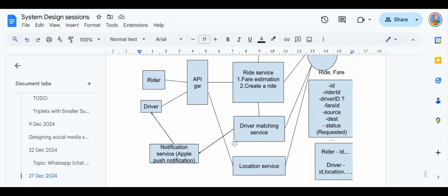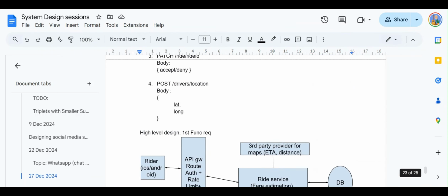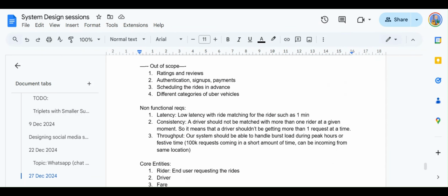So this is the flow, and we are only going to wait for 1 minute, because that's our latency constraint. The main latency would not be from the system side, because we are using in-memory data storage for the querying part, and we are querying on the geospatial indexes, like geospatial data structures. So it will be pretty fast in terms of querying. It should be on the order of milliseconds.